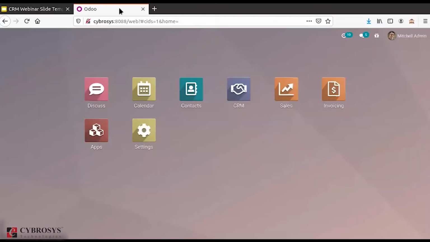Right now we are in the dashboard of Odoo CRM. Currently I have installed only two modules, the Sales and the CRM module. When you install this module, all other dependent modules get automatically installed. Let's move on to our CRM module.